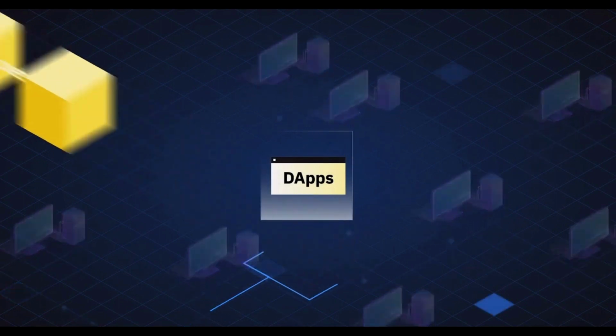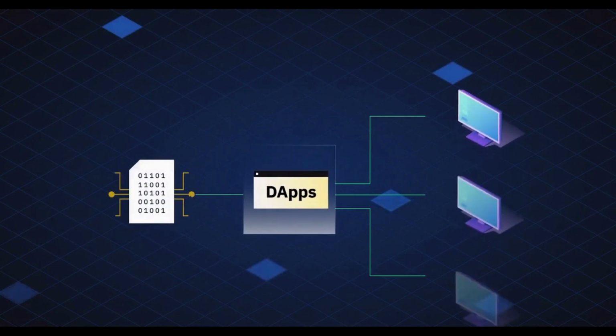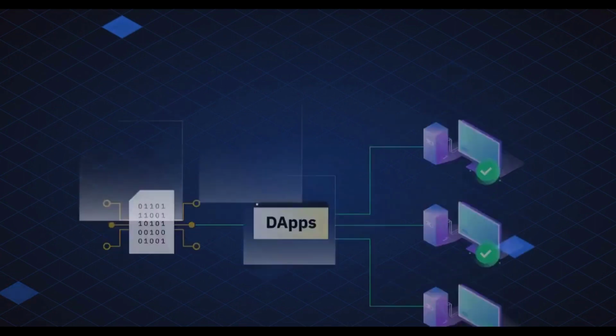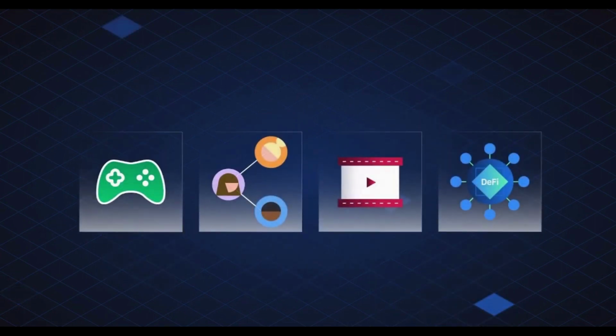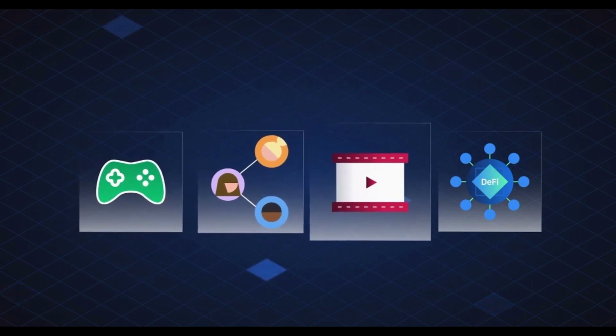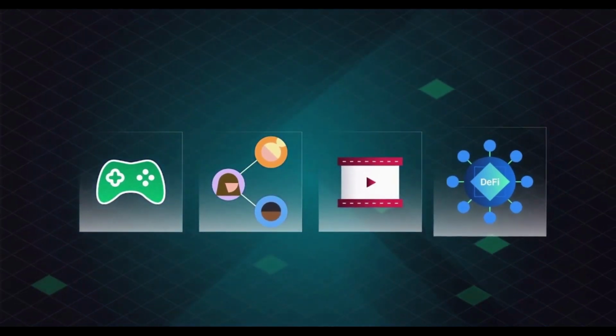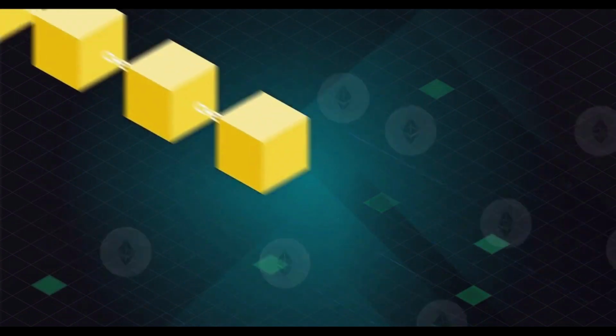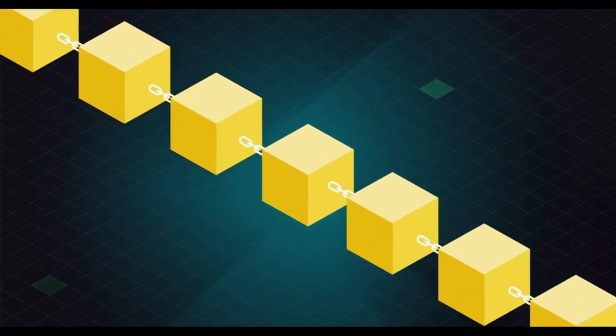You can think of smart contracts as a core component of DApps, while DApps are the product that provide a complete application experience to users. There is a great variety of DApps with different use cases, such as gaming, social media, entertainment, and of course, DeFi. As of mid-2022, most DApps exist on the Ethereum network, but developers are building DApps on many other blockchains.